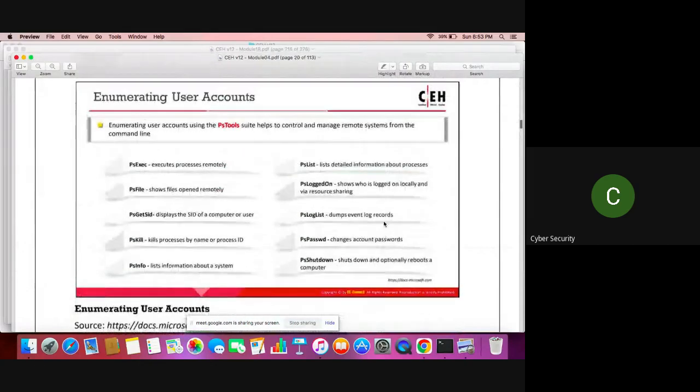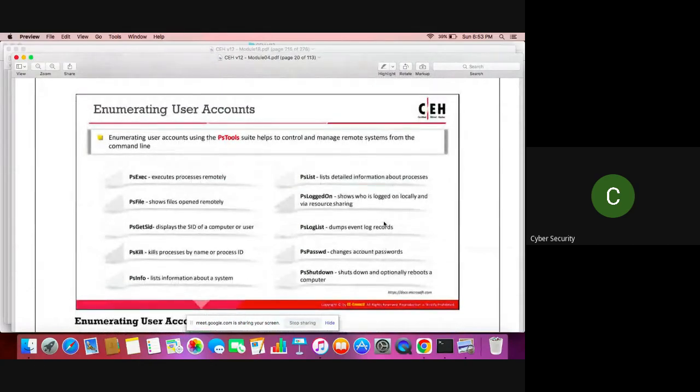So you can also enumerate user accounts. Basically, in an organization where different people are using the computer, of course, they have to have their own accounts so that they can log in to the computer. So, enumerate user accounts. Enumerating user accounts using the PS tools suite